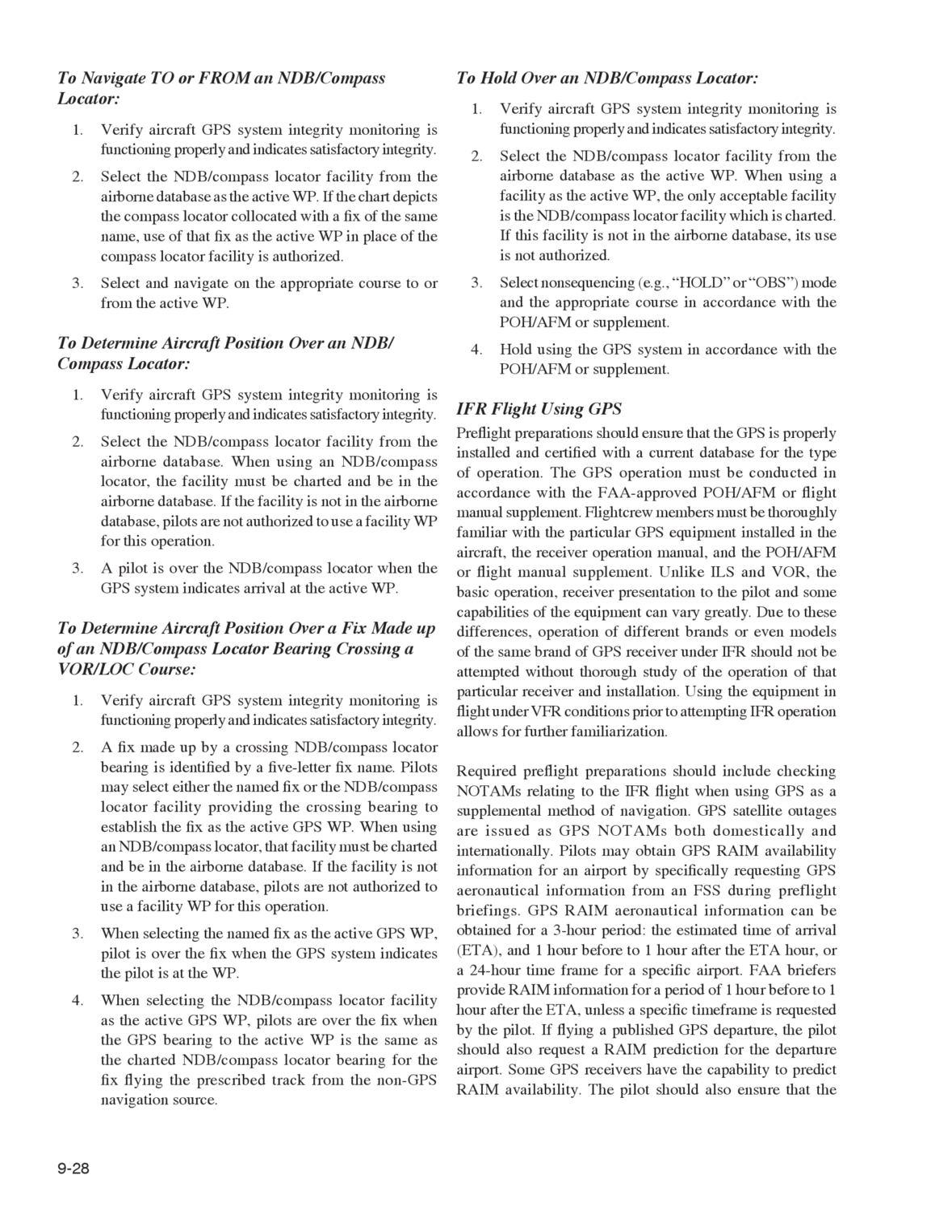FAA briefers provide RAIM information for a period of 1 hour before to 1 hour after the ETA, unless a specific time frame is requested by the pilot. If flying a published GPS departure, the pilot should also request a RAIM prediction for the departure airport. Some GPS receivers have the capability to predict RAIM availability. The pilot should also ensure that the